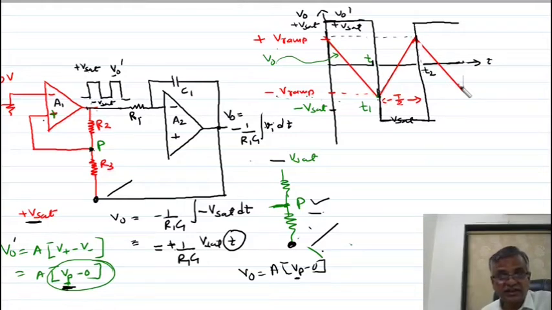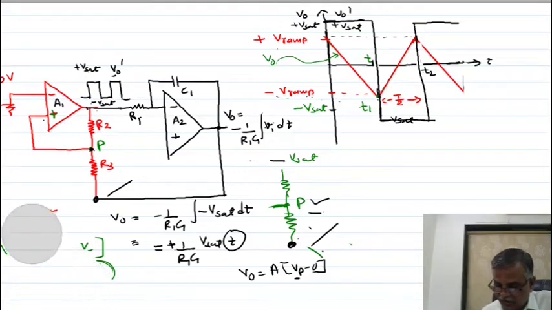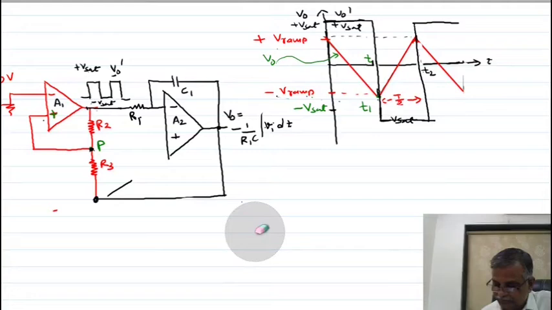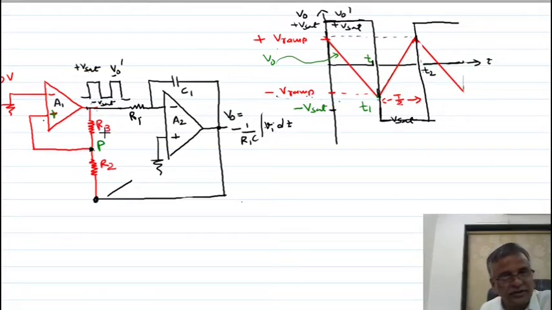Let us see the derivation of the frequency of a triangle waveform, or periodic time of a triangle waveform. Look here. Here I have not shown this, it is actually ground. I have to show it, yes. Here I change the notation only. I have written here R3, here I wrote R2 just to make the equation match your textbook. You can keep any here, you can write here R2, I do not mind. Now, here R3 and R2 are used, I will change here if you compare with the previous circuit.